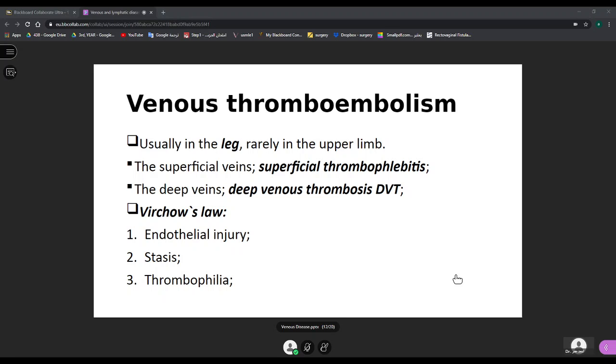So out of these three reasons, which one do you think is more important in the venous system, and which one is more important for arterial thrombosis? For venous thrombosis, yes, stasis. For venous thrombosis, stasis is more important than the other factors, while in the arterial system, endothelial injury is more common than the other factors. So stasis in clinical practice can be seen in patients who don't move for a long time, whether they are unconscious, whether they are bedridden